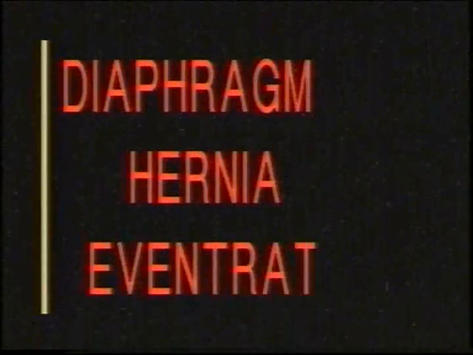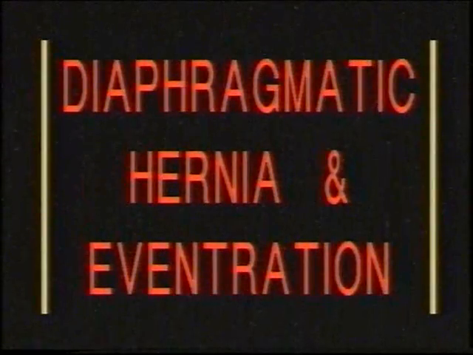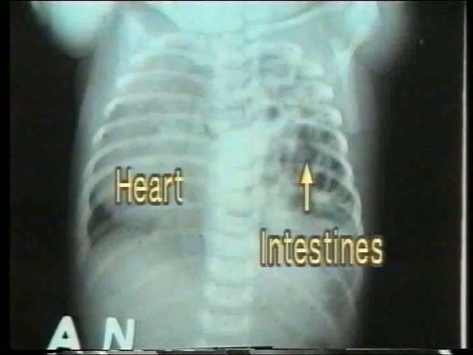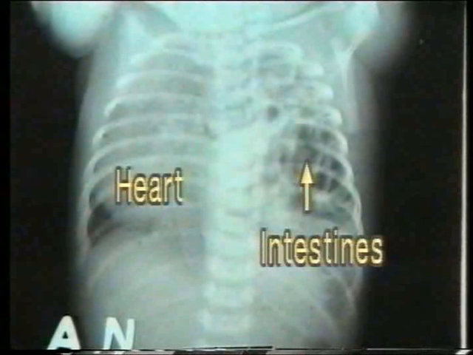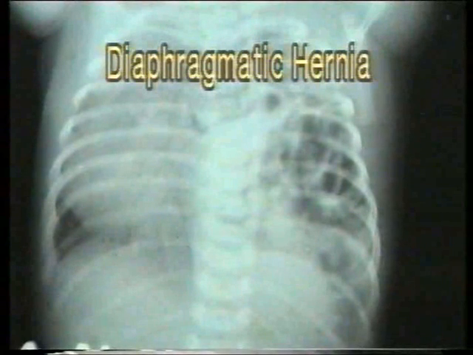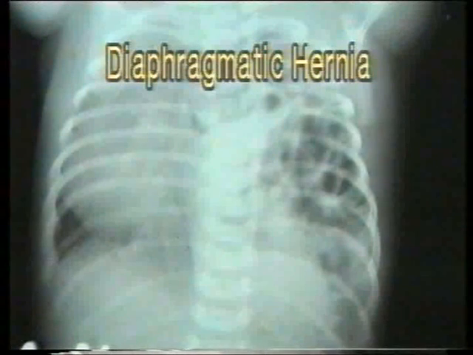Diaphragmatic hernia and eventration. This X-ray of the chest shows multiple coils of intestines on the left side. Herniation of the abdominal contents into the chest through the diaphragm is termed as a diaphragmatic hernia. In this X-ray, the hernia has pushed the heart to the opposite side and compressed both the lungs, causing serious